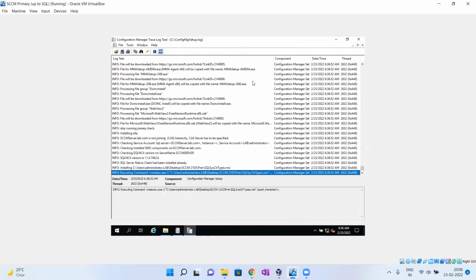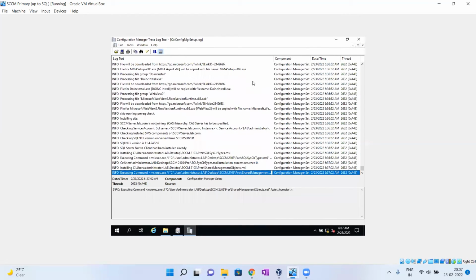It will take more time, like 1 hour or more than 1 hour, as per your RAM. Whatever RAM you gave the virtual machine, it will take that much time. If you give 2 GB or 1 GB RAM to the SCM server, it will take around 6 hours.